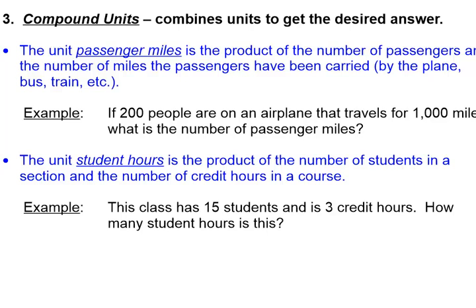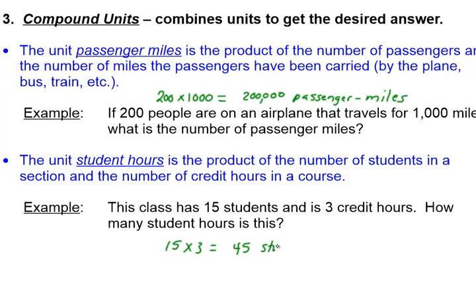Okay, so if there's 200 people on an airplane that travels 1,000 miles, what is the number of passenger miles? So we simply take 200 times 1,000 and we get 200,000 passenger miles. And that's it. That's all there is to it. Same goes with student hours. The unit student hours is the product of the number of students in a section and the number of credit hours in a course. So if I have 15 students, 3 credit hours, we basically take 15 times 3 and we get 45 student